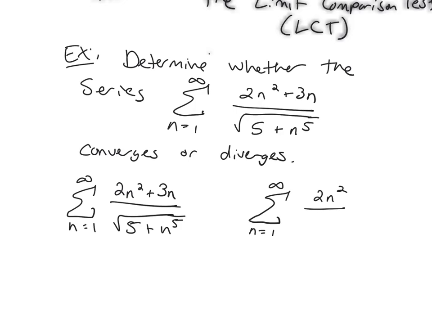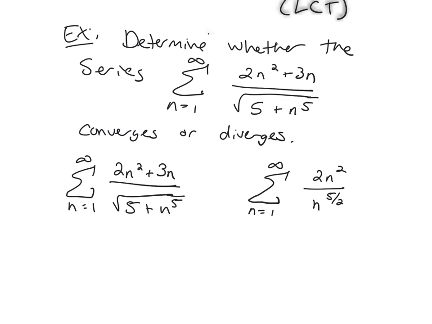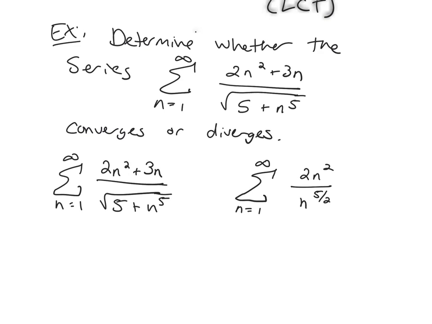And then the denominator has a square root. But let's look at our largest term here. What's inside the square root? What's my largest degree? n to the 5th. But it's underneath a square root, so I'm going to take n to the 5/2. But I can simplify that expression a little bit so it's a little bit nicer. This is really the same thing as